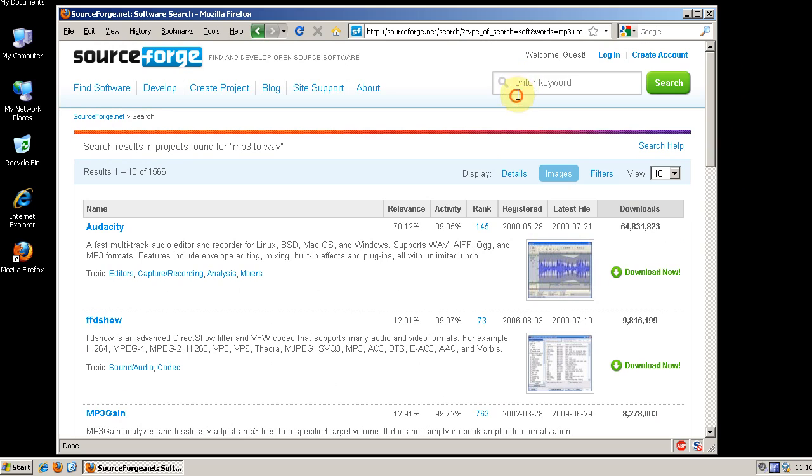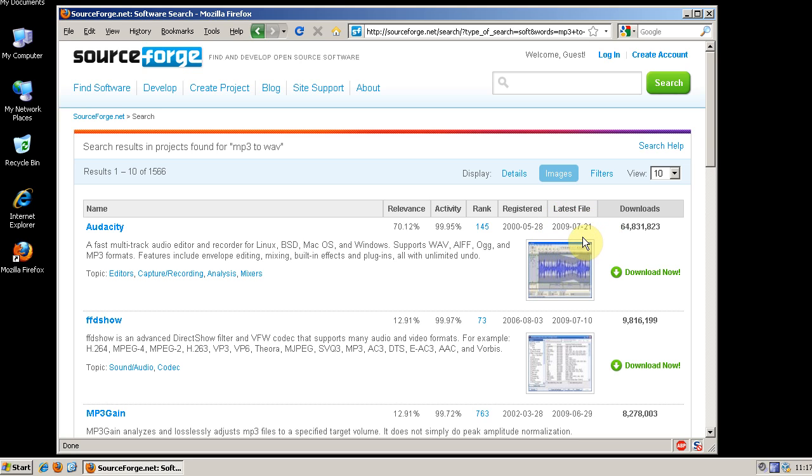So OSAlt and SourceForge are great places to go if you're looking for software. But even if you find software at one of these sites, check when the latest file release was, and check when the project was registered. When the project was registered lets you know how mature the project is. When the latest file release was lets you know whether the project is in active development or not.